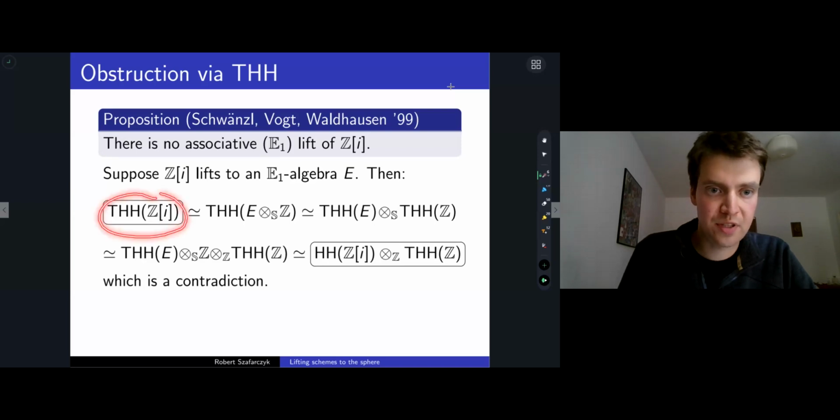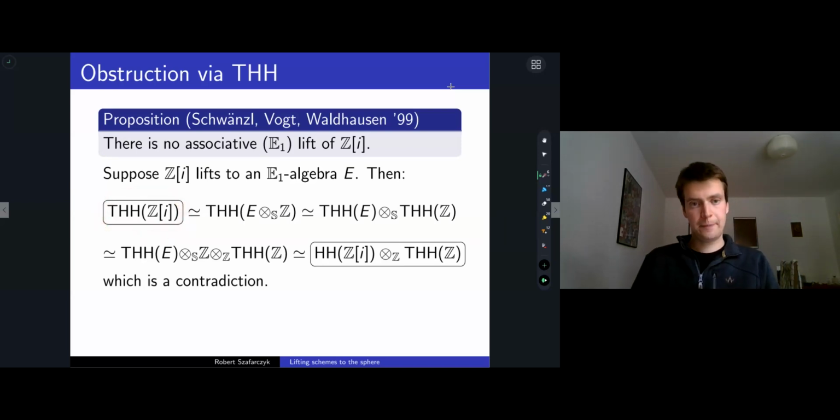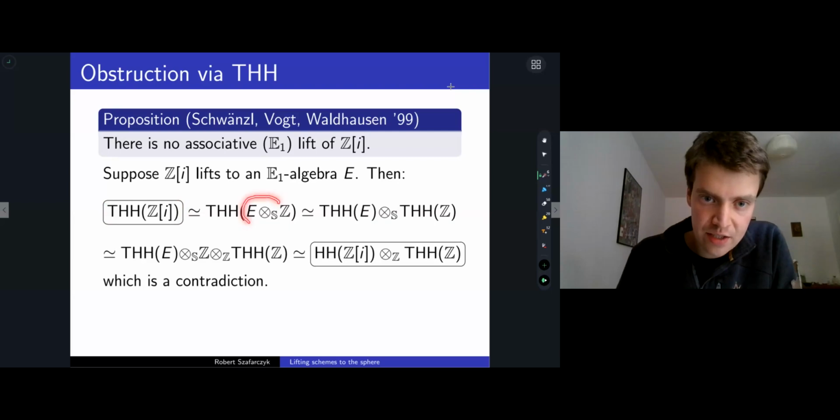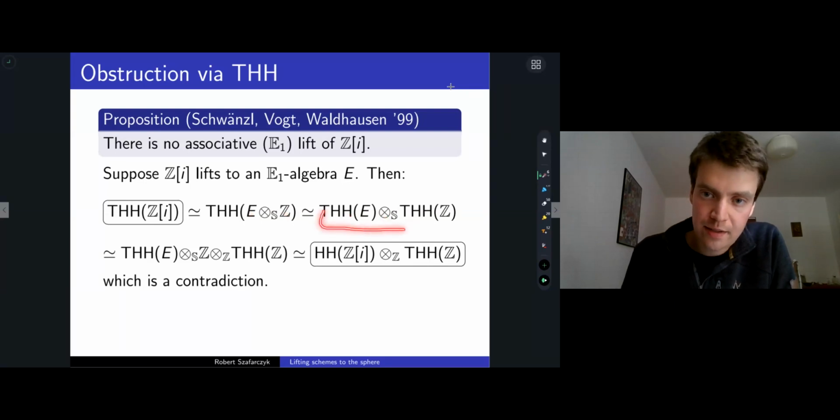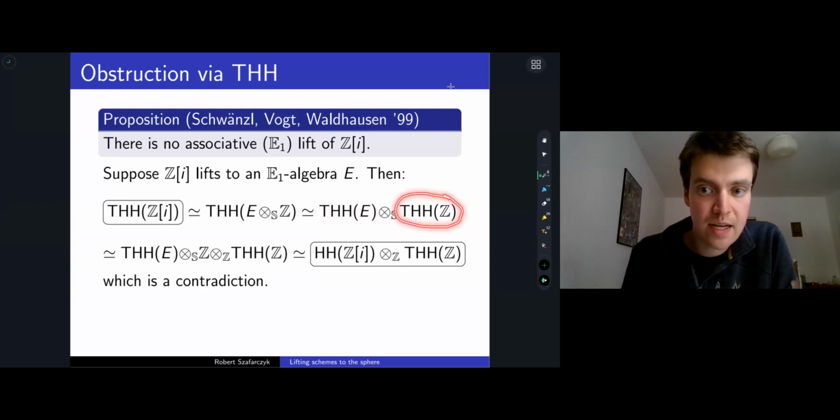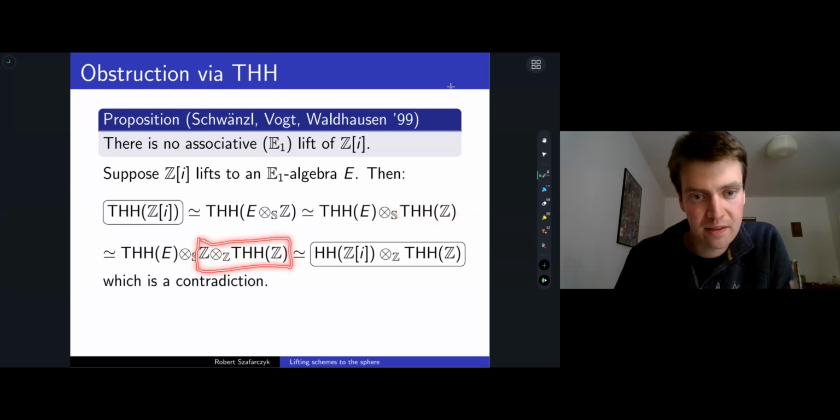So if we start with THH of Z adjoint I, then I can rewrite Z adjoint I by assumption as E tensor with Z. And then THH satisfies a base change formula that THH of a tensor product is the tensor product of THHs. So I can write this. And then I observe that THH of Z is a Z-algebra. And if I have a Z-algebra, then I can write it as Z over Z times relative to Z with itself,